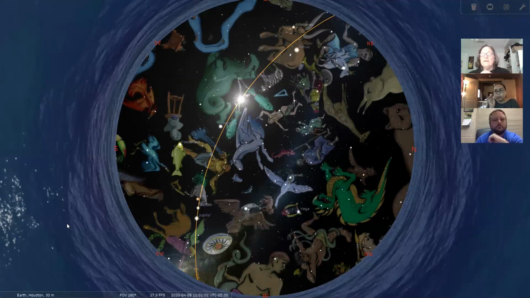Ta-da! We have color constellations. So those are the two biggest fixes that I like to do, basically immediately, to make it prettier. But that's really strictly up to you. But constellation colors and constellation line thicknesses all make it easier for people to see when you're in a